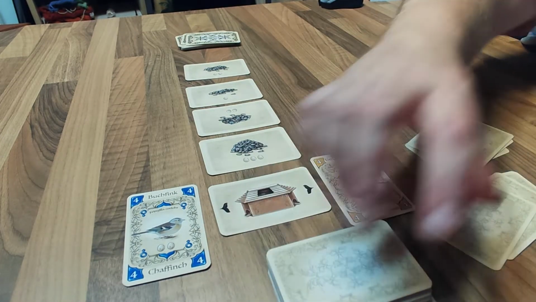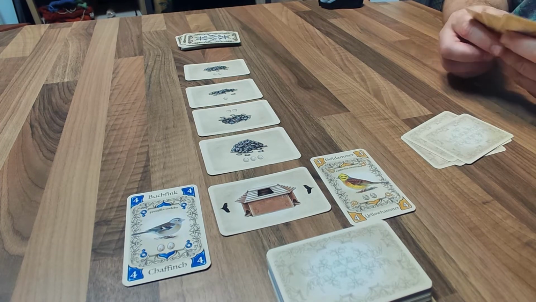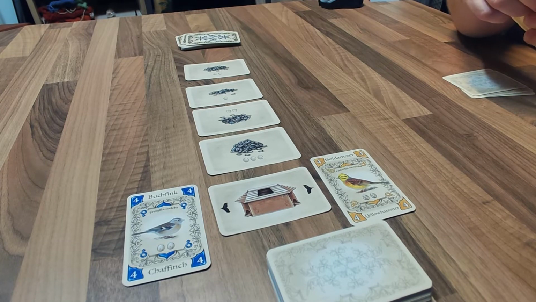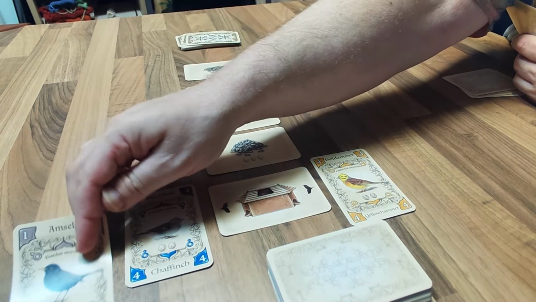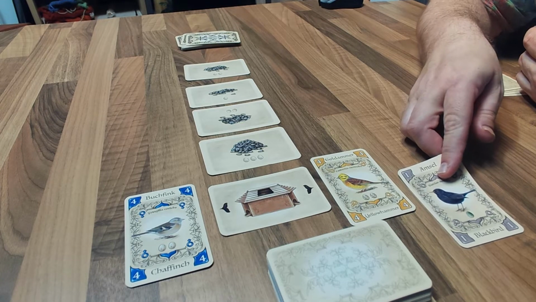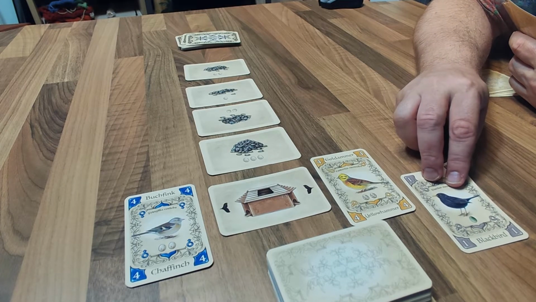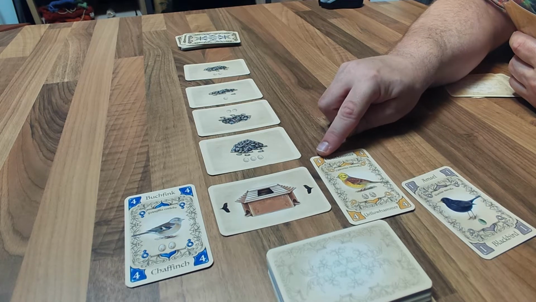That's the start. These are the starting cards. And the idea of the game is to put a card next to a bird. There are only 2 birds with a 2-player game, and you have to choose. You can put a card this way so that the strength is still lower than the strength of the bird actually